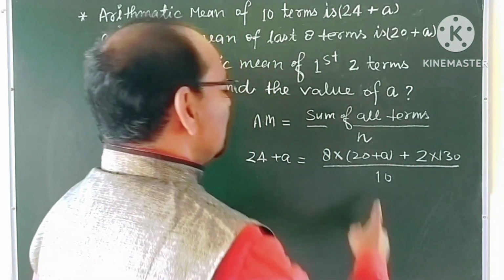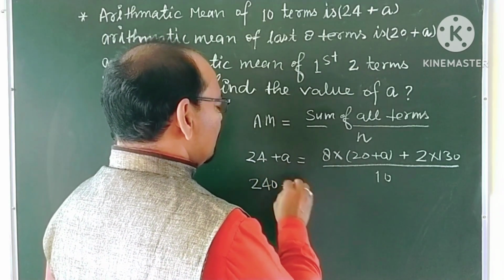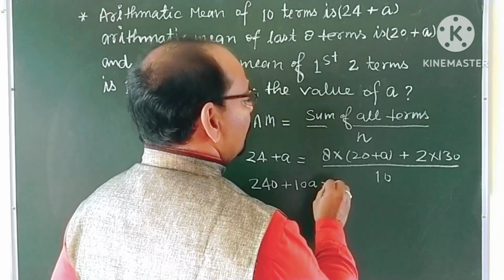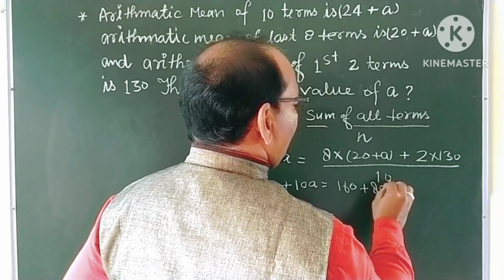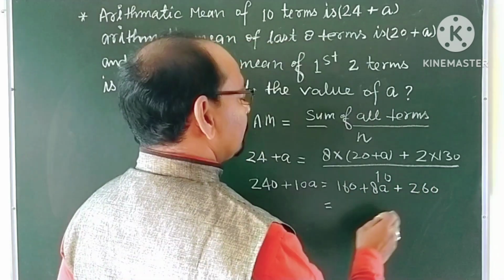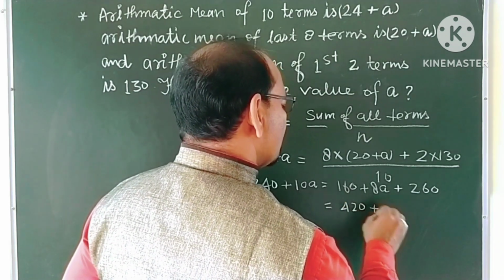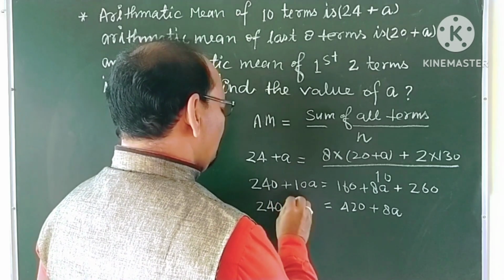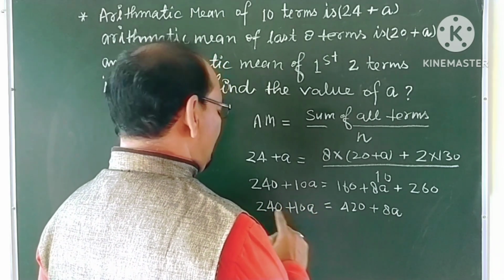Simplify it. Multiply by 10: 240 plus 10a is equal to 160 plus 8a plus 260, which is 420 plus 8a. So 240 plus 10a equals 420 plus 8a. Taking this term to this side and that term to the other side,